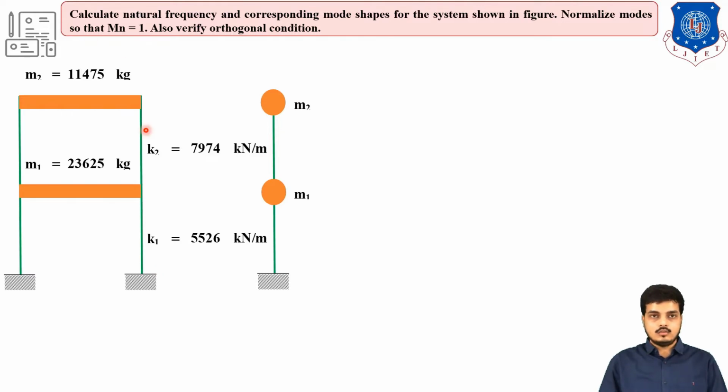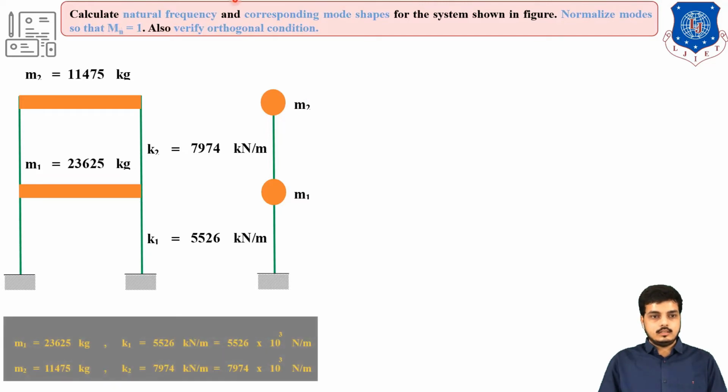Now let's see how to solve, because in the previous slide we have seen that the mass matrix and stiffness matrix need to be formed. With the help of those we can find the natural frequency. Here the building has been converted into lumped mass. How can this lumped mass be formed? In the previous examples on design philosophy, I explained that half of the portion of this story will be shifted to this one, and half to this one. Similarly, the load on this will be half of this story. Right now we are not going into that much detail. The mass is directly given, so we have just converted it into M1 and M2.